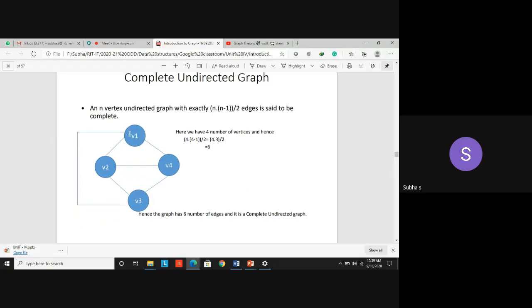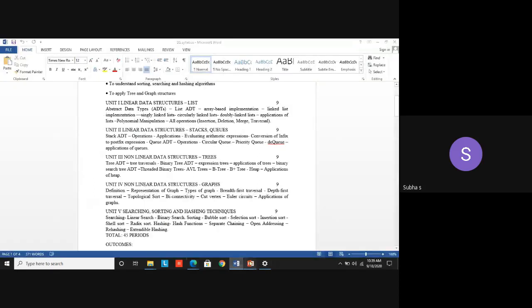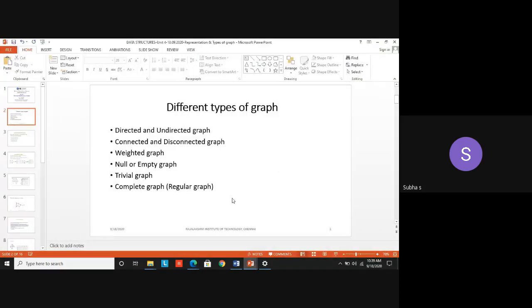So here, for vertex 1, one edge is coming from V2, another from V3, another from V4. So the degree is 3. Like that you have to compute for all the vertices. A complete graph can also be called a regular graph.